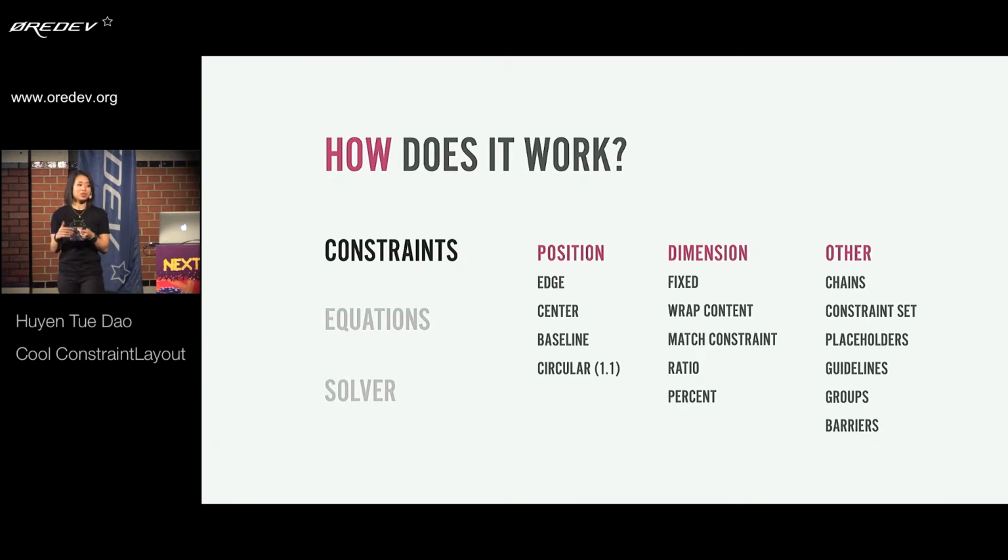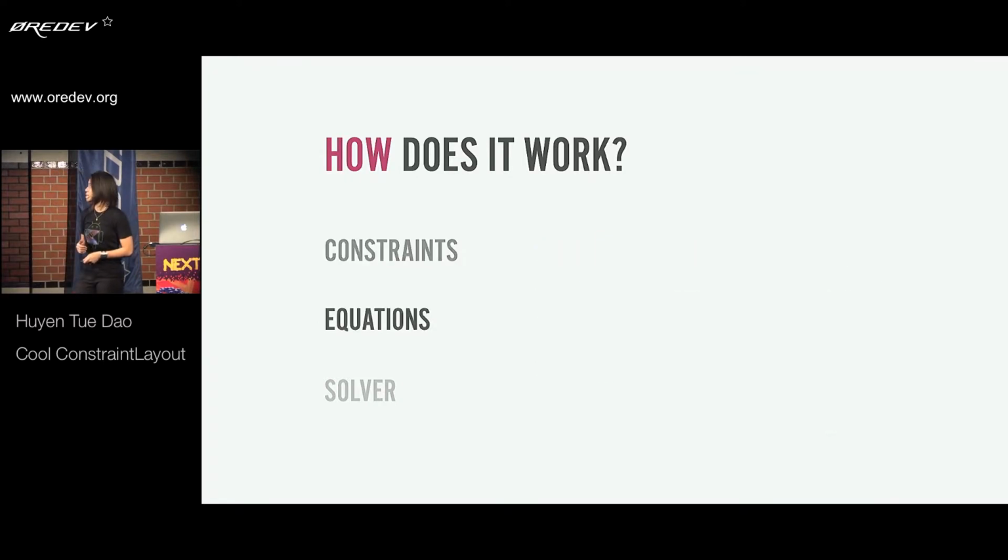And there's a lot, well, now with 1.1, there's a lot of extra virtual helpers, is what they're called, and other classes that provide us extra ways to build these relationships. And we'll talk about just some of them today. So basically, as a developer, you build relationships, you build these constraints, and the constraint layout takes those relationships,